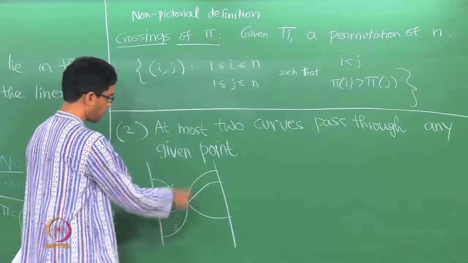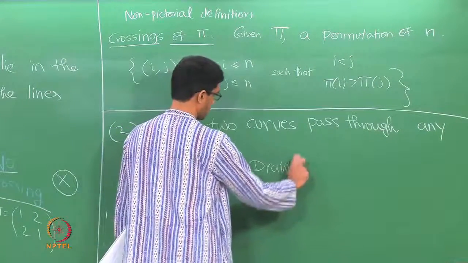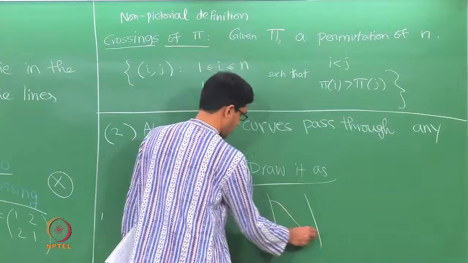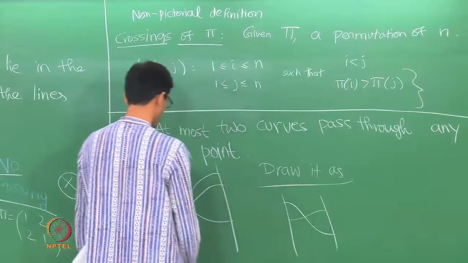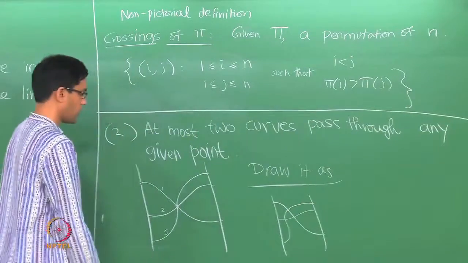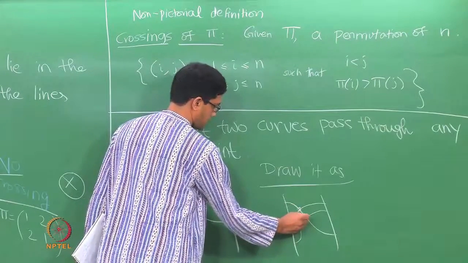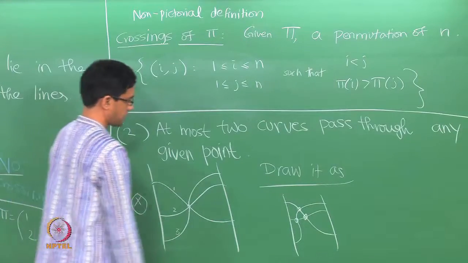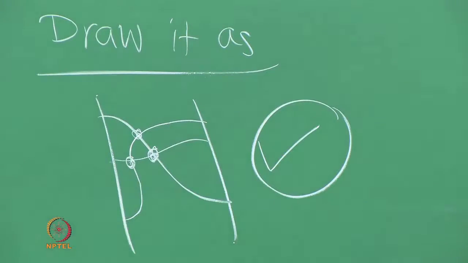Whenever we see a configuration like this, we would ideally want to draw this particular angle as follows. You would want this to go here, you would want the second one to go here, and when you draw the third one, you draw it, for instance, slightly shifted, so that now there are in fact 3 crossings. Each of these 3 here shows up as a crossing. So the picture on the left is not allowed, but what you would ideally want to do is to draw it like the picture on the right. That's the second rule for drawing tangles.